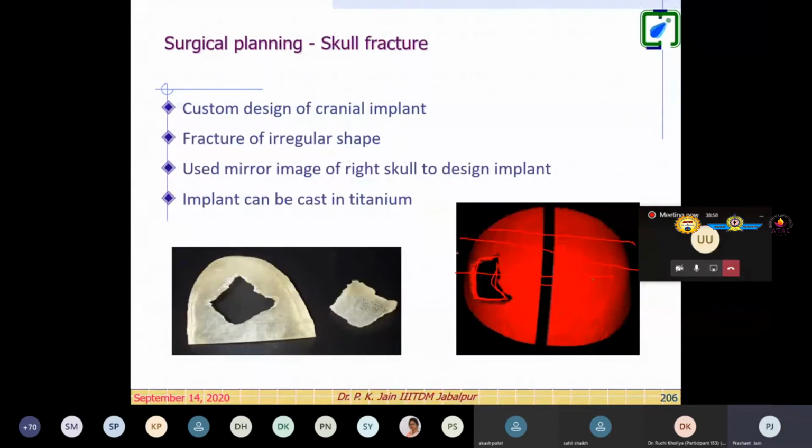Its geometric model, its STL model, can be generated and sent back for implant fabrication or implant manufacturing. So this saves a lot of